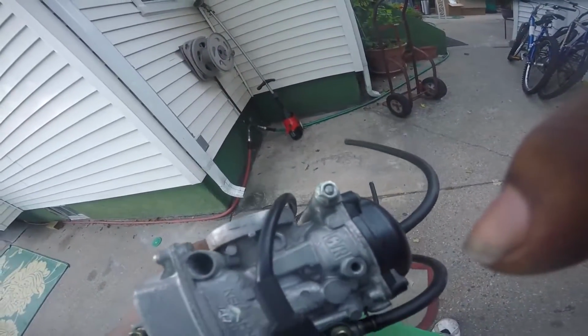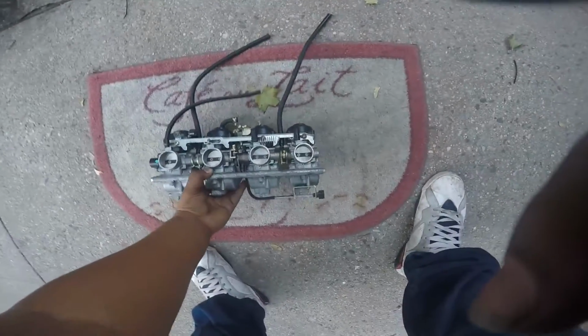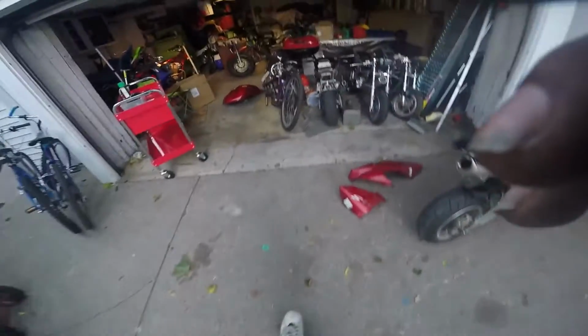As I take this apart, I'm going to be showing you guys, and I'll show you how to hook up the synchronizer and everything if you have that. You don't need it, but it's best if you do it so your bike runs at its best compatibility. Well, you kind of do need it, yeah. I think that's all I need. So it's the front shocker, the rim with the rotors, the brake lines, oh yes, carburetor synchronizer,